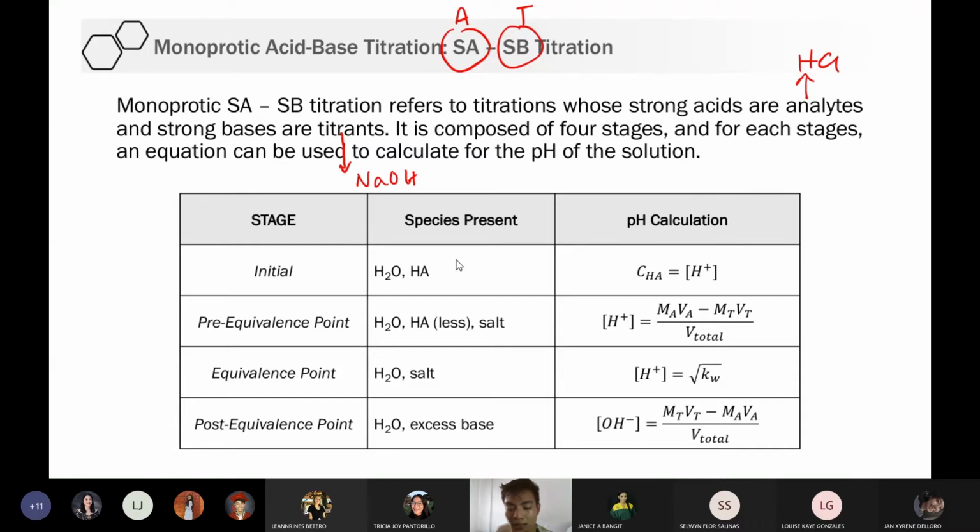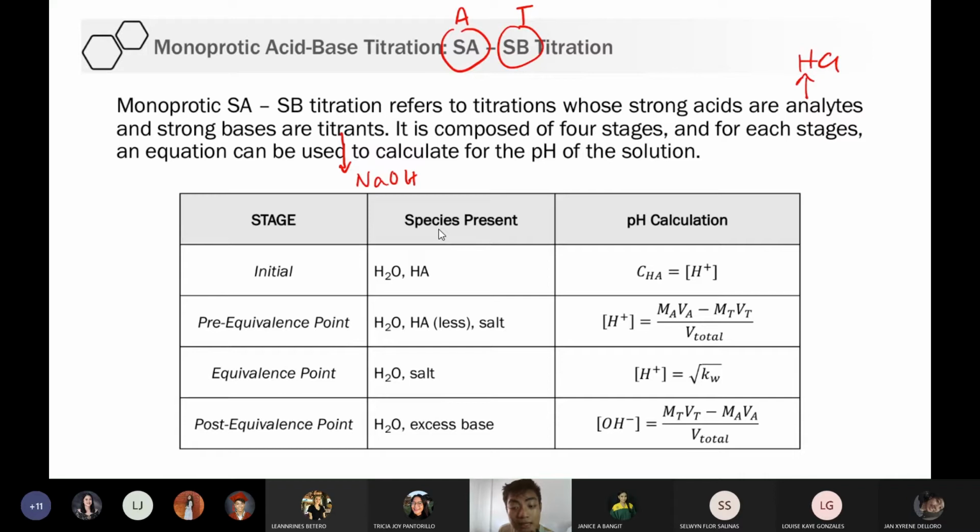Ano ganap sa initial? Wala ka pang nilalagay na titrant. Okay? So, ibig sabihin, ano laman ng Erlenmeyer flask? Ang laman ng Erlenmeyer flask ay tubig, pati yung acid lang. Kasi walang titrant eh. Okay? So that means to get the pH of the solution, that is the pH or the concentration of the acid itself. Okay? So again, kapag initial stage,